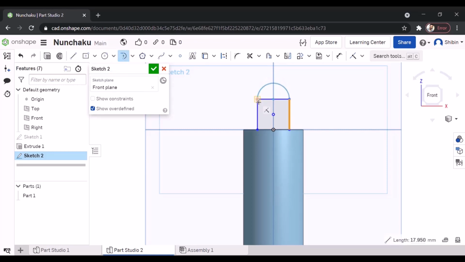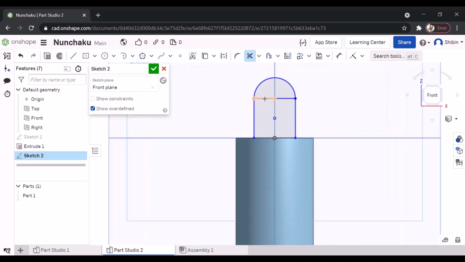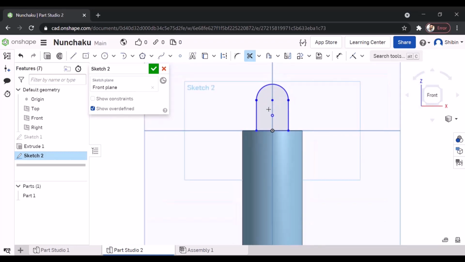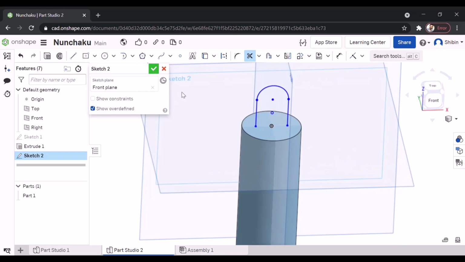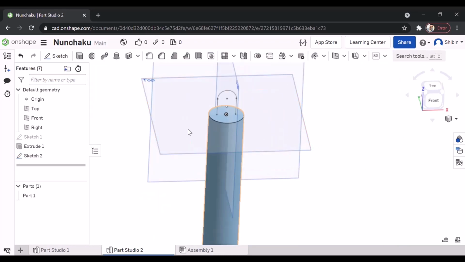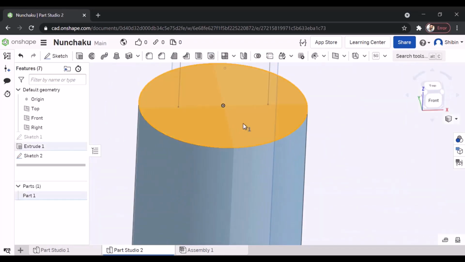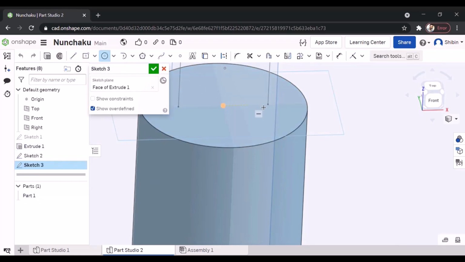Again, cut the unnecessary lines. Alright, now select the top portion and sketch it. So we are going for a circle here and then dimension it.